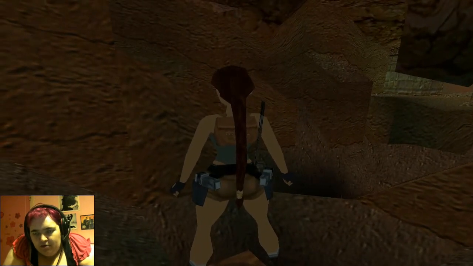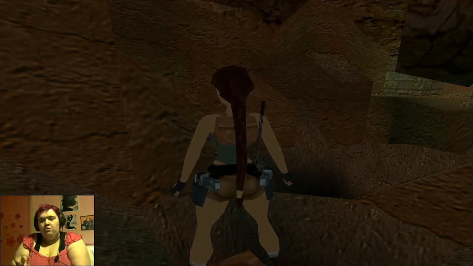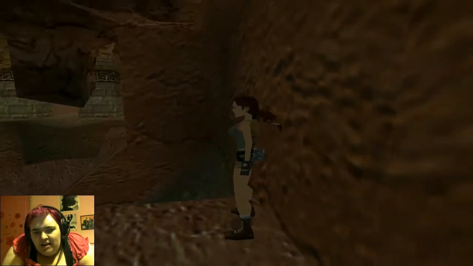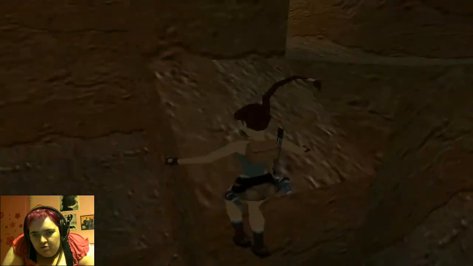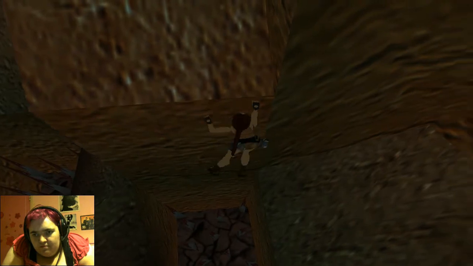That pit's safe, by the way. It's just a little hole with some bullets in. But we've got to get there first. I've had it where I've missed that slope altogether and she's just landed in the pit, so I have no idea. Run jump with a roll, grab the edge, right to the...